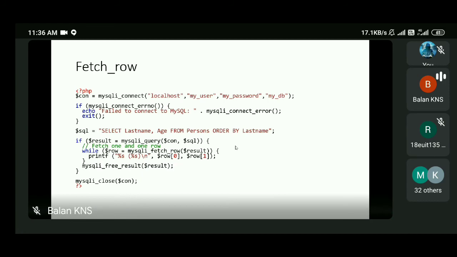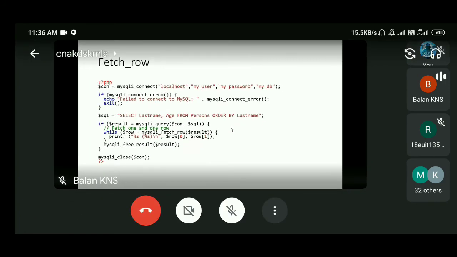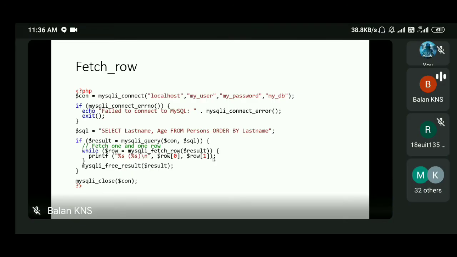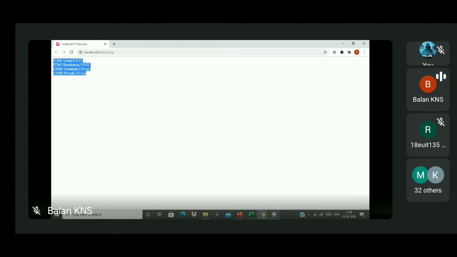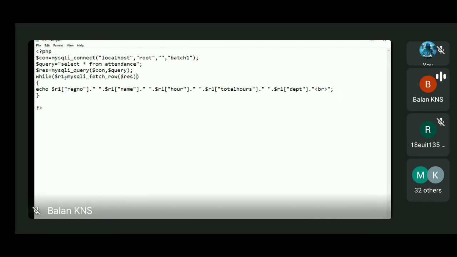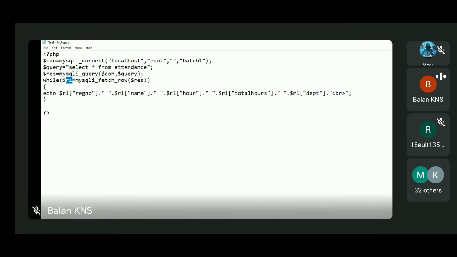You can use mysql_fetch_array here, anything you can use. But I will also demonstrate how to use mysql_fetch_row over here. When you are using mysql_fetch_row, you can directly use the numbers instead of the field names. Now I'll just run it. So I use fetch_row over here, and it is given in res here. But the difference is now I just fetch inside r. In r you can directly use zero, then use 1,